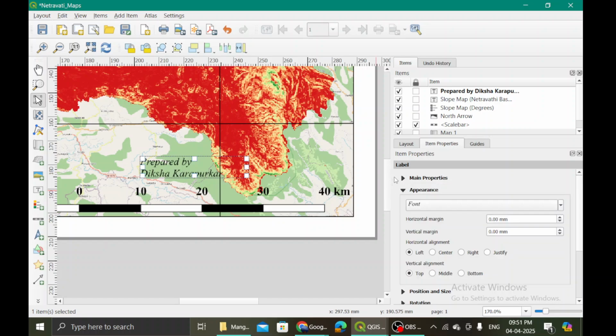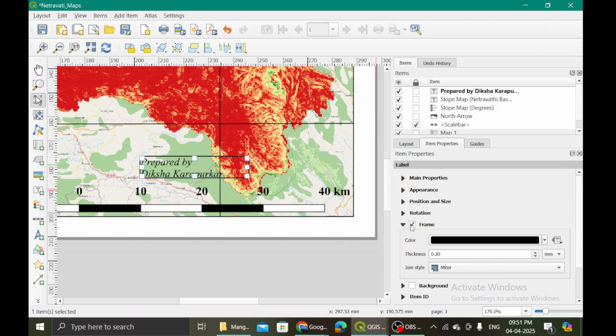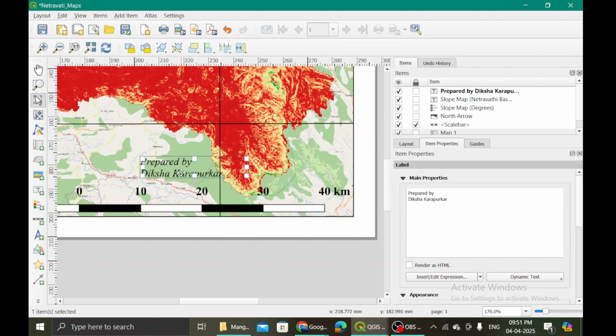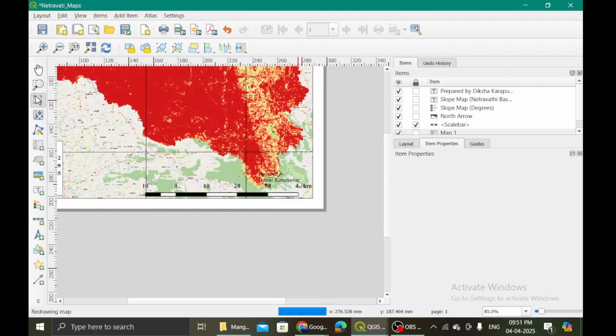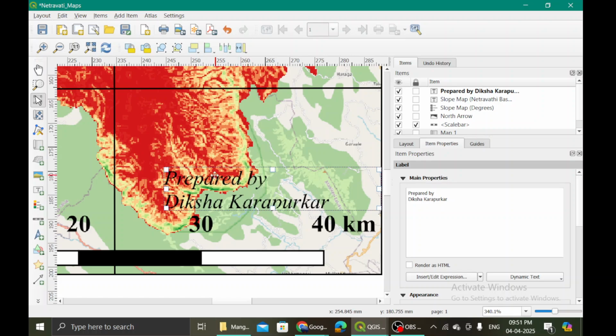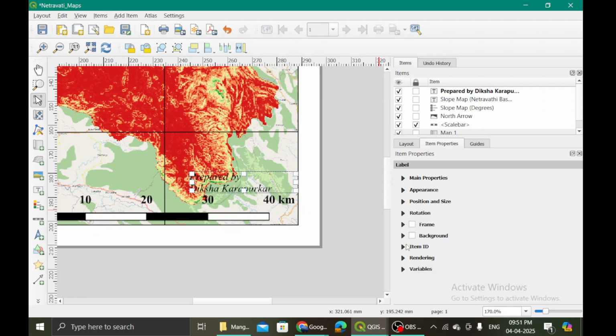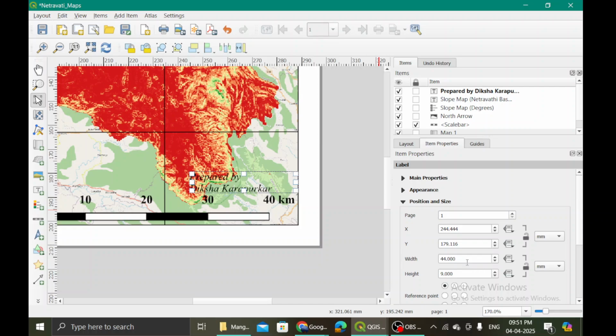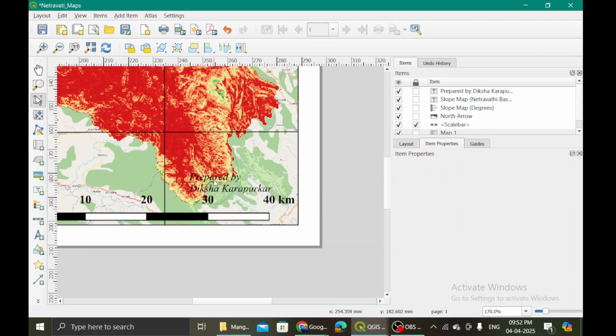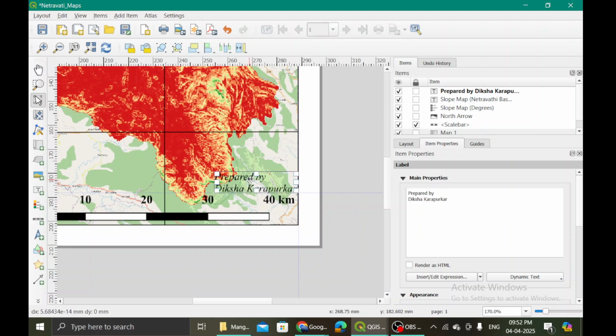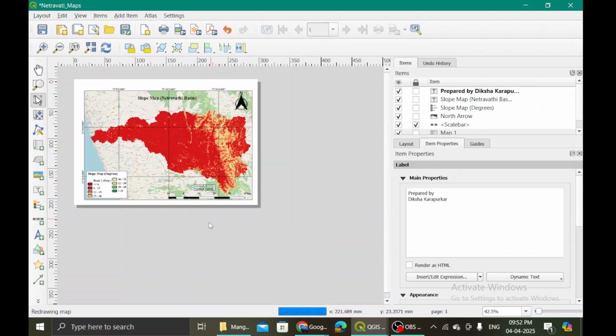You want a frame for it, then here is the option. But then I don't want one, so let me just bring it and tuck it over here. Seems fine. Your map should be preferably not covered by anything. That is one thing that you have to take care of. So I will just reduce the width again. Okay, should be fine. And then I will bring it and tuck it over here, wherever, maybe here, so that it is away.